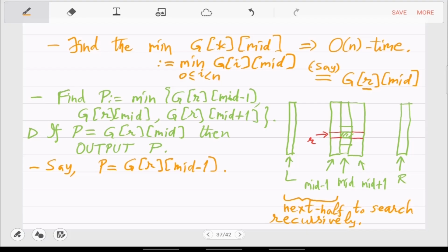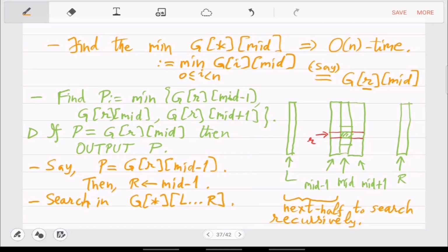Right? So say P is this, then you can update R to mid minus 1. So basically what you are now focusing on, so now you will search in G star, L dot dot dot mid minus 1, which is now the new R. Okay, so this R new is your mid minus 1.